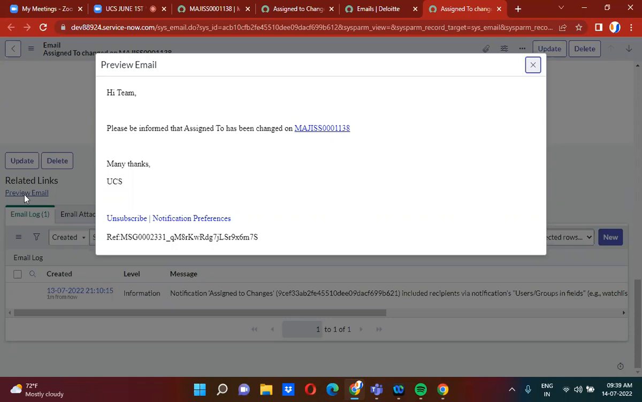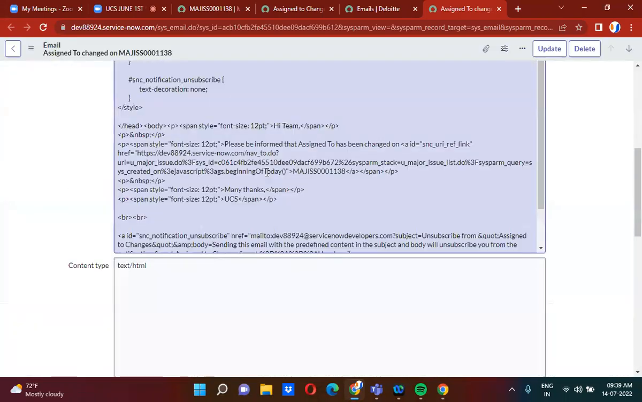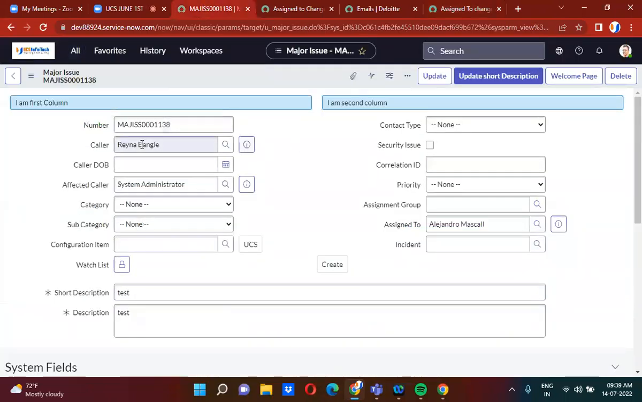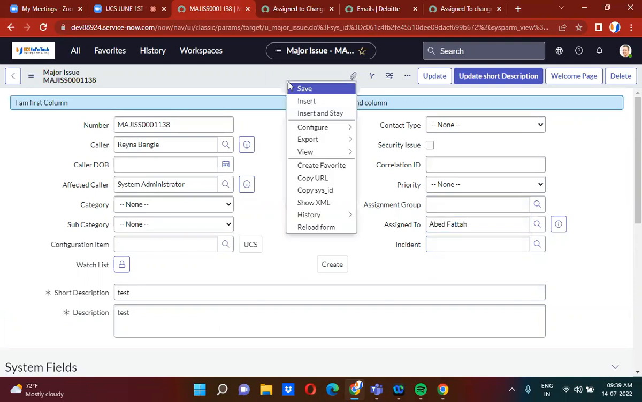See here, this is how my email looks. See whether the caller has received the notification or not. See, Raina. So Raina is the caller. So Raina has received this notification. So if I change it to someone else again, so if I change it to Abed Fath, okay, so it